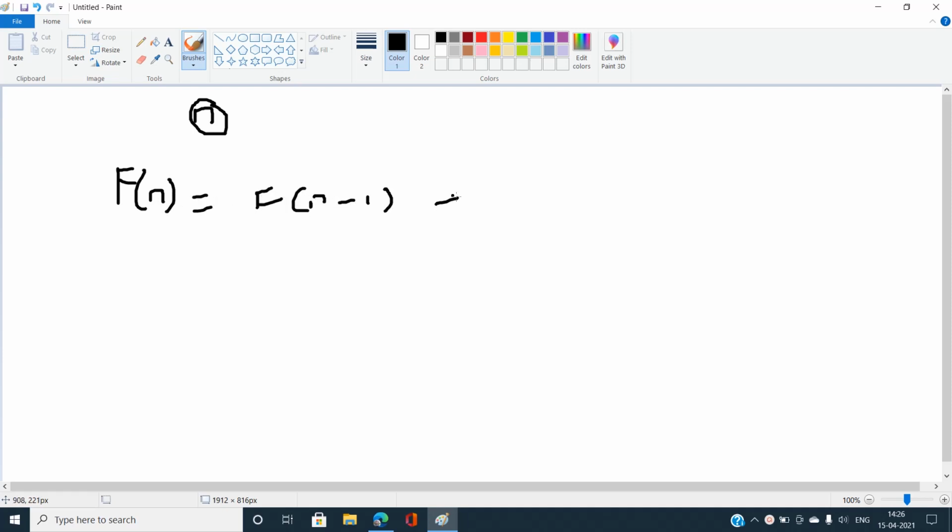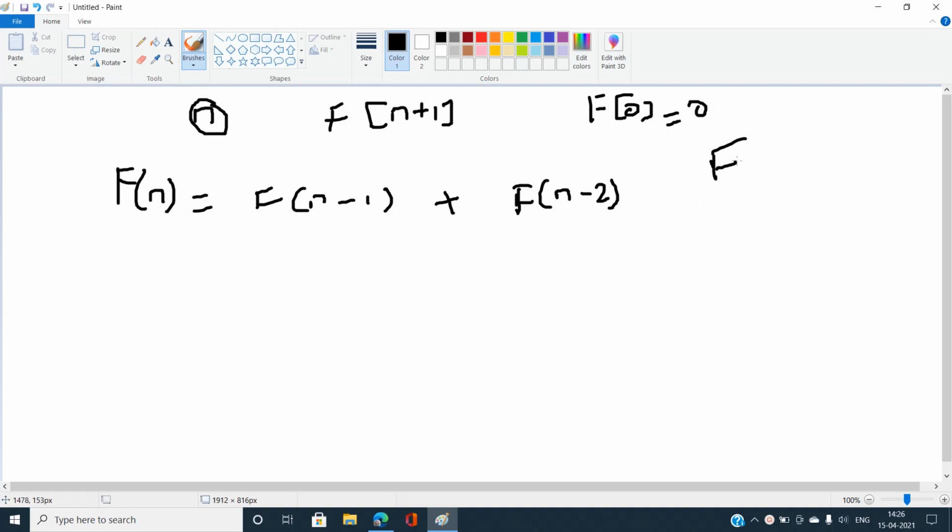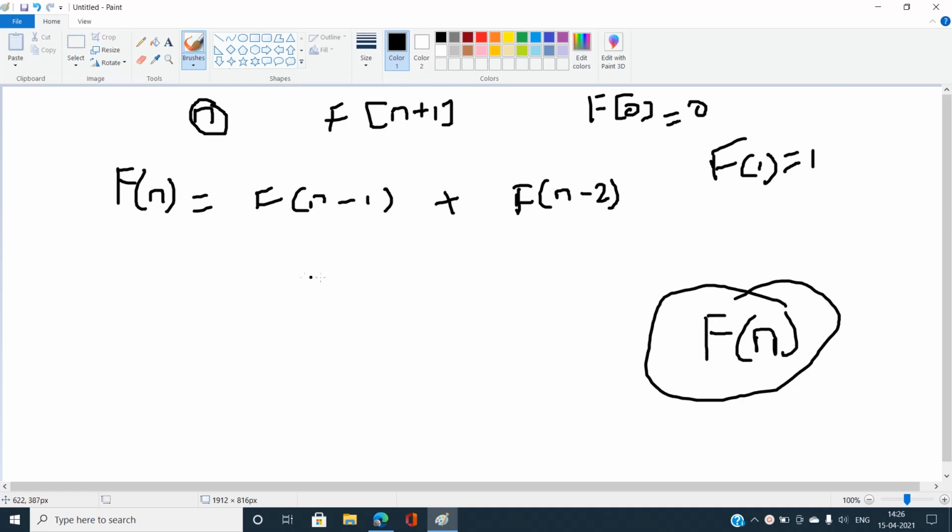F is an array of size n plus 1 with base values initialized as f of 0 as 0 and f of 1 as 1. If we are asked to calculate the nth Fibonacci number of this sequence, we need to calculate the value of Fn using these two previous values.